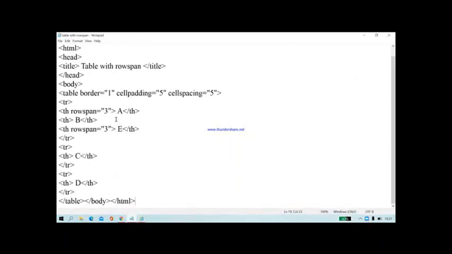Now let's make it attractive. Suppose I want to give the background color for all this. So just a change you have to do, that is you have to insert bgcolor over here.